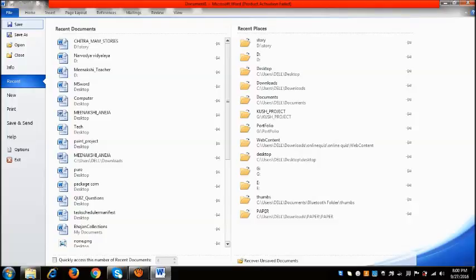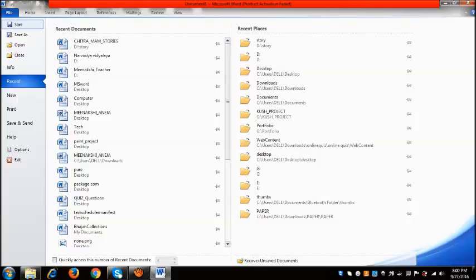All these options are related to the file. These are the options available for file-related operations, like if you want to save your file, print your file, open some file, or close any file. All file-related operations take place here.